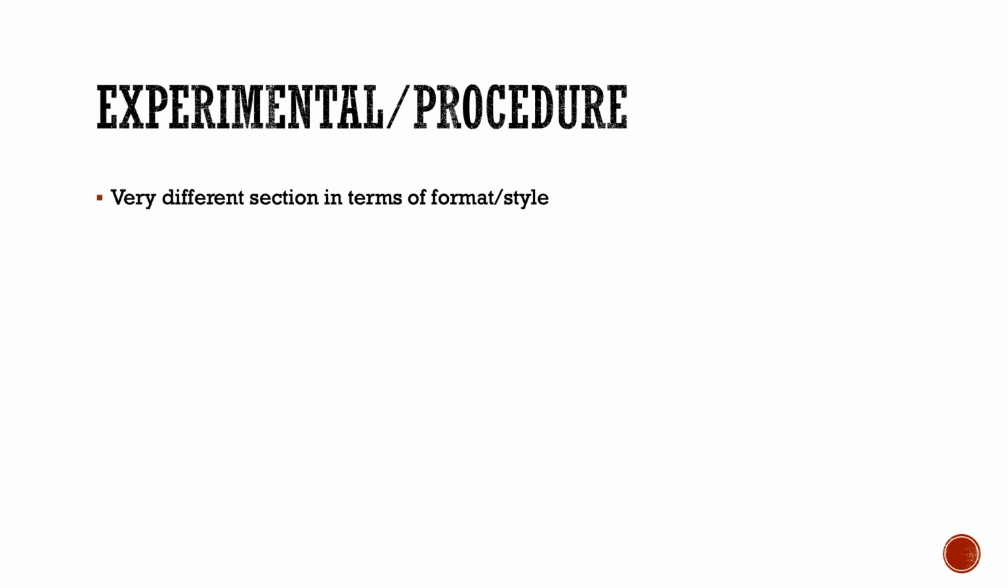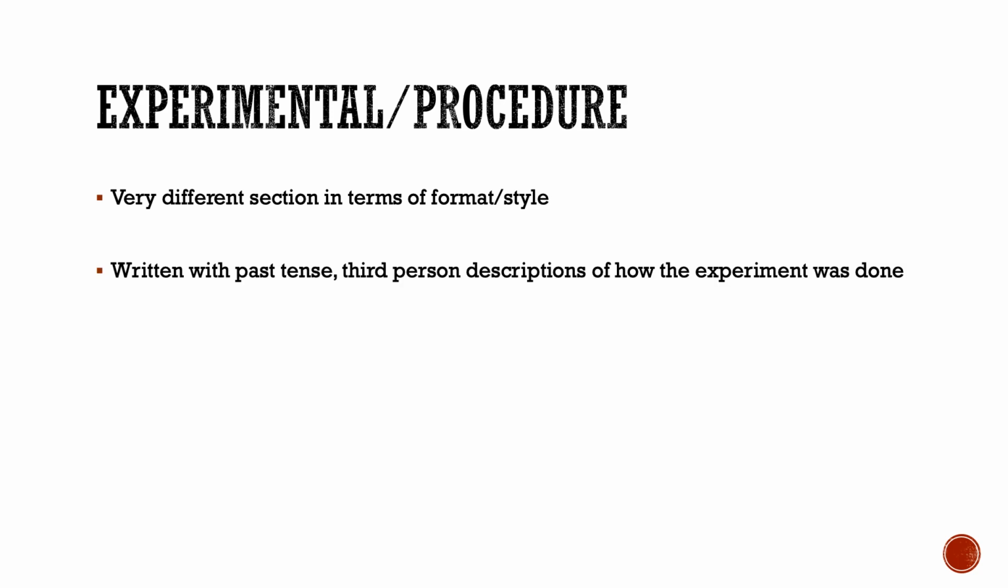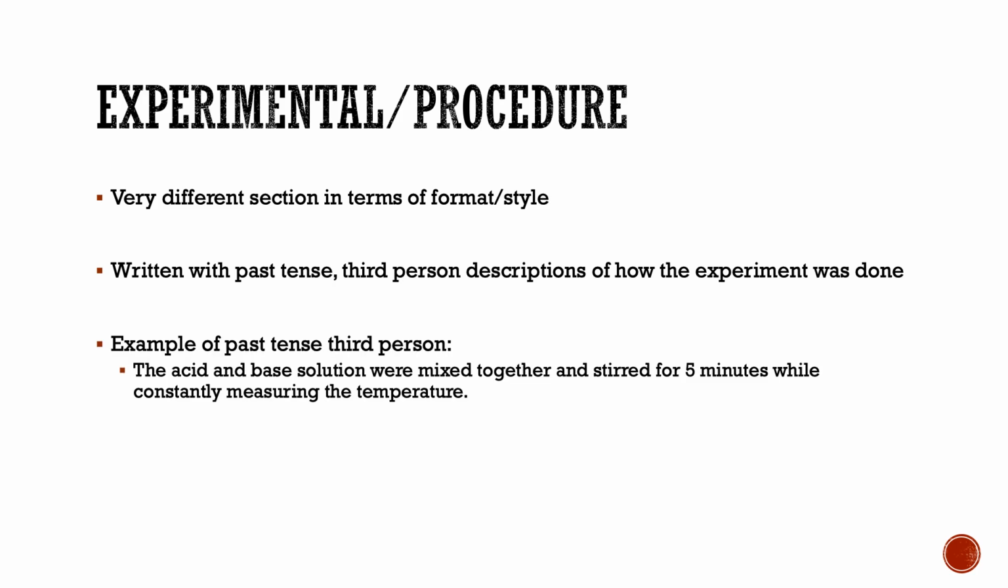Your experimental and procedure section is probably the section that's most different from anything you're used to writing in general. The reason for that is it's a different format and style in terms of how you write this section. You write it in what we call past tense third person as you're describing how your experiments were done, and they should be very specific to exactly what you did experimentally,